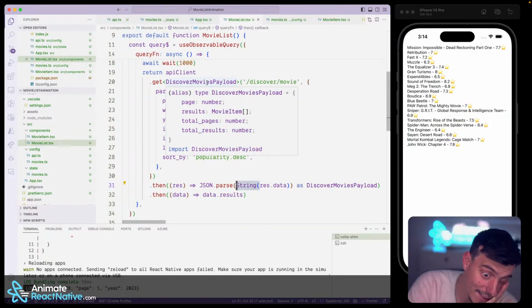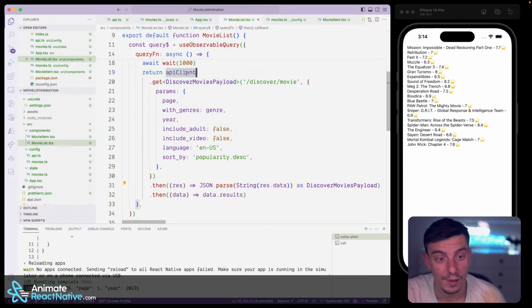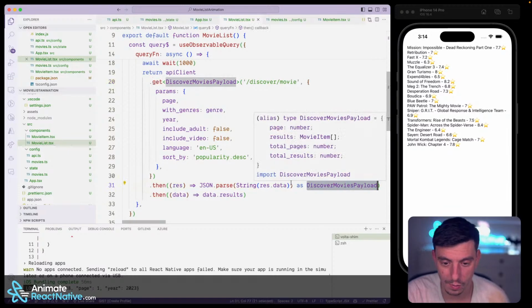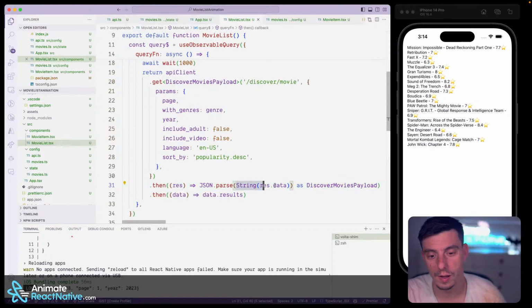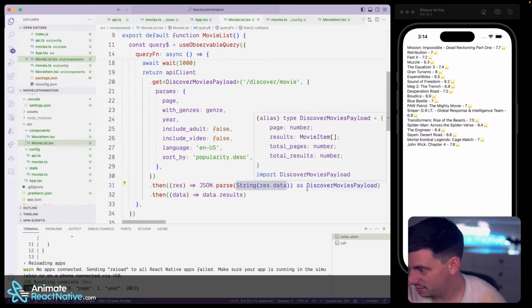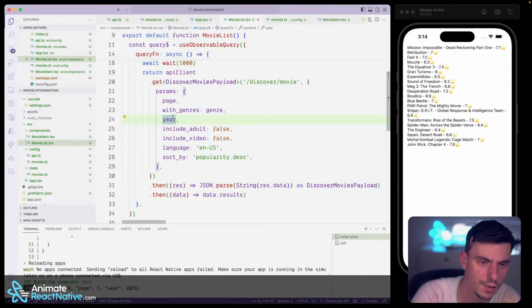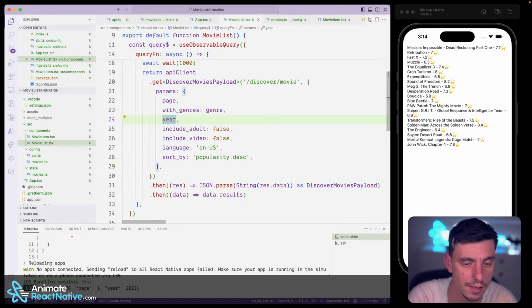Oh my god. The client expects this data to be the shape of this payload, but instead it's a string, so I need to make it a string and parse it. Oh, it's so difficult. Anyway, so now what I can do instead is